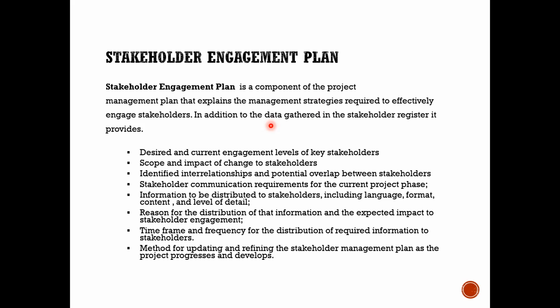Now, in the stakeholder engagement plan, the first item, as you see, would be the desired and current engagement level of the key stakeholders. This is nothing but your stakeholder engagement assessment matrix. Just as I told you about the RACI matrix, guys, there will be questions on the stakeholder engagement assessment matrix in the exam as well. So please remember it. It's a part of the stakeholder engagement plan, and it depicts the desired and current engagement level of key